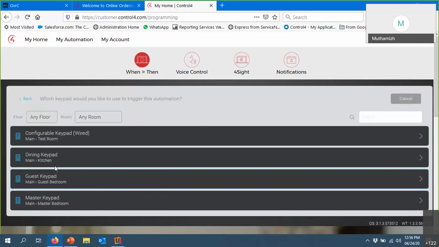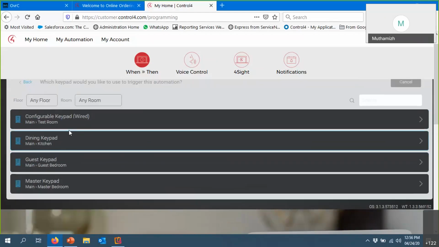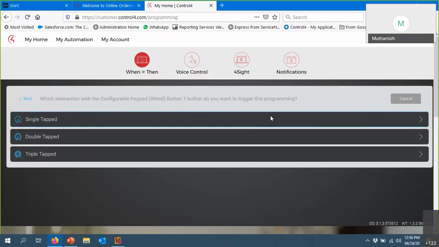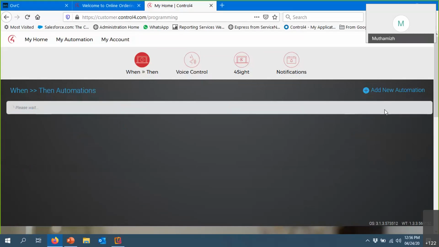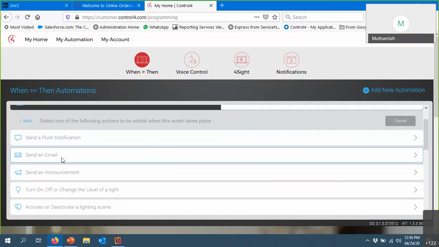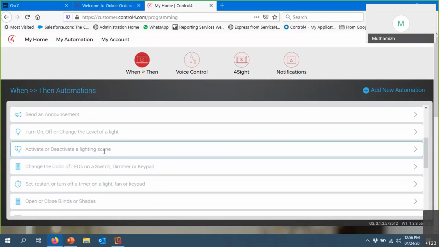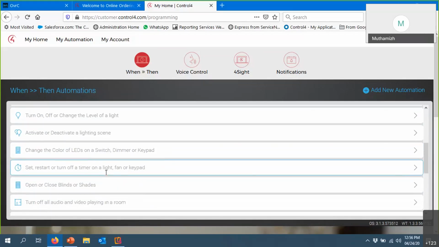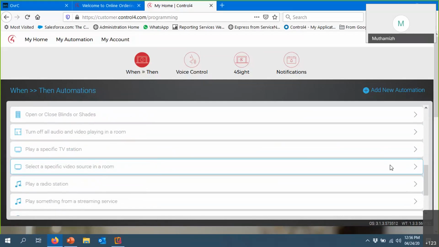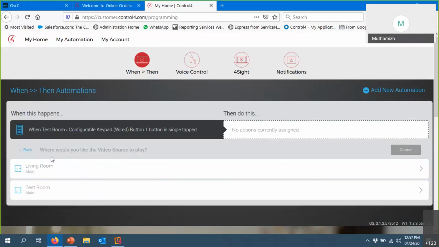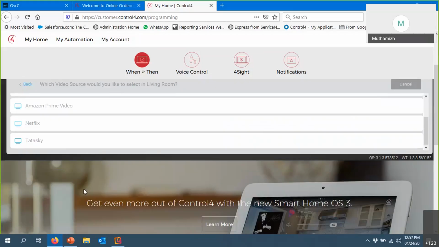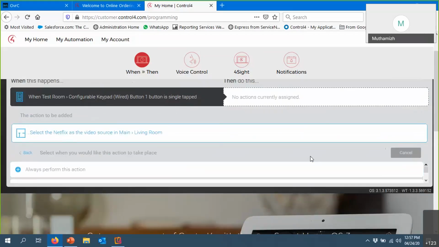So I have multiple keypads. I'll say my test keypad, and it will open up particular buttons. And if I say single tap button, it will load all my actions, then I can say send a push notification, email notification, turn on light levels, activate the lighting scenes. So maybe any video sources, I think I can actually do it. So I'll say main room, living room, and it will find video sources, Netflix or whatever it is. I'll say Netflix, and